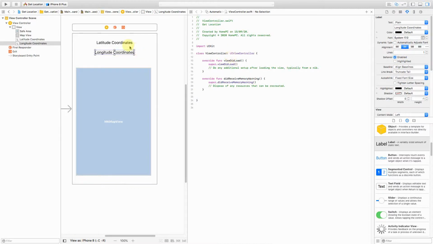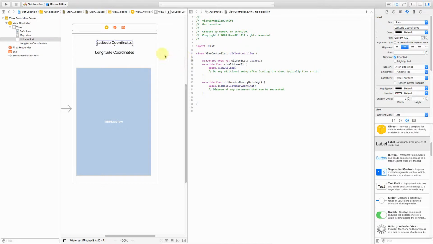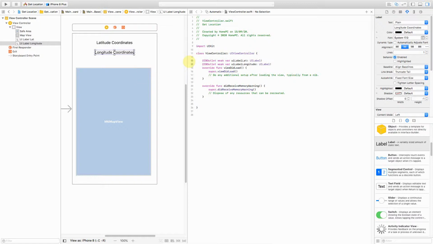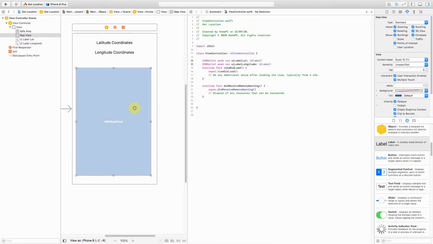Now we can get into the code. So first we'll make a local variable for all of these widgets. So what we can do is just press Ctrl and bring it here. So this can be our UILabel latitude, and similarly we can do it for the longitude. So this can be UILabel longitude, or I could have just kept long, it's okay. And the other one is map, because we need access to map also in our code. I can just put it on the top and I can just name it map.